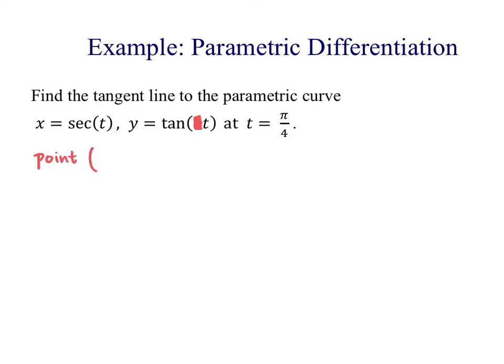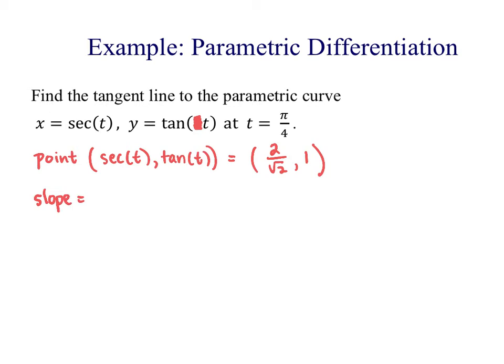Our point will be the secant of t and the tangent of t, at pi fourths. So the secant of pi fourths is the reciprocal of cosine, so 2 over rad 2. And the tangent of pi fourths is 1. To find the slope,